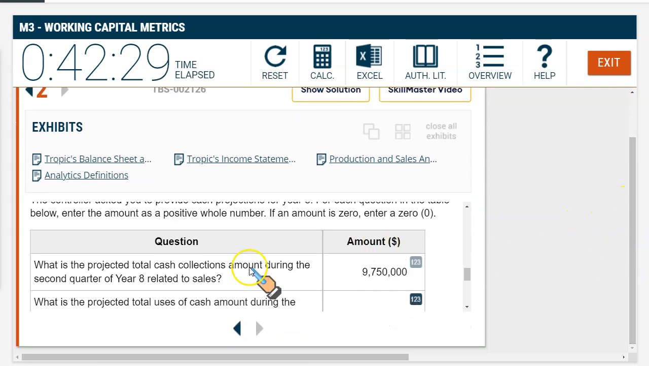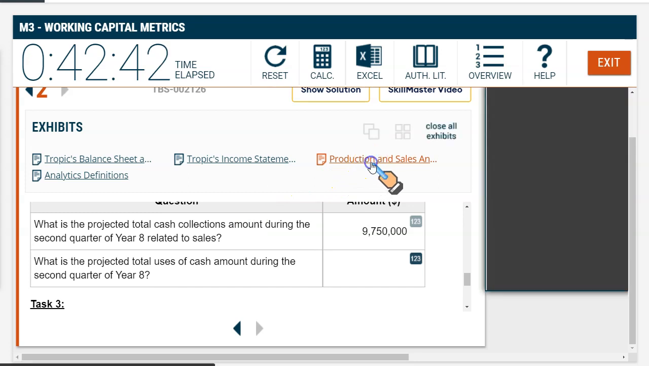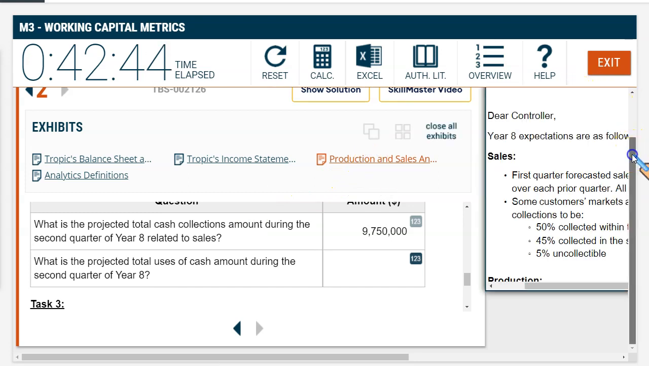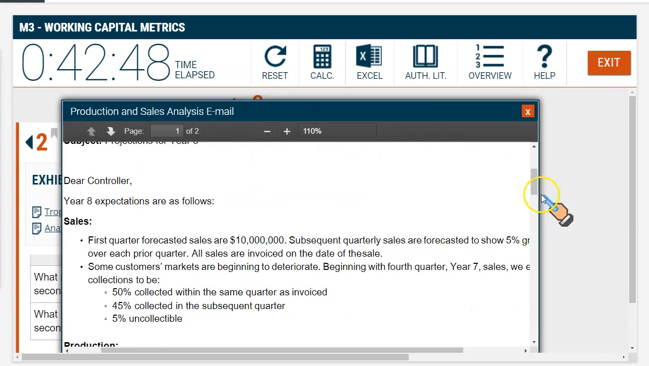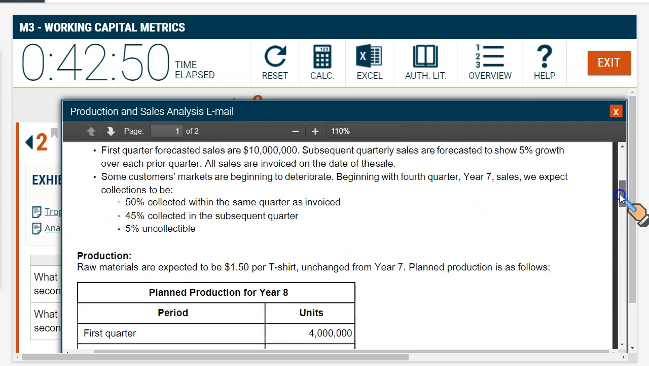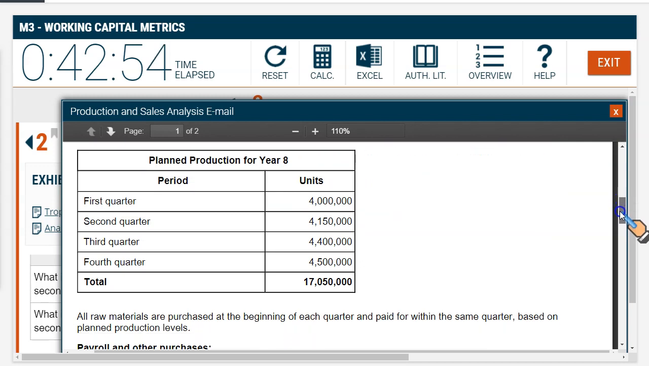It says, what is the total projected use of cash during the second quarter of year 8. Now that is a little longer. You will have to sift here and there in this schedule to find what is the total payment. So it is going to be a little twisted. Okay. Now starting from this point onwards,